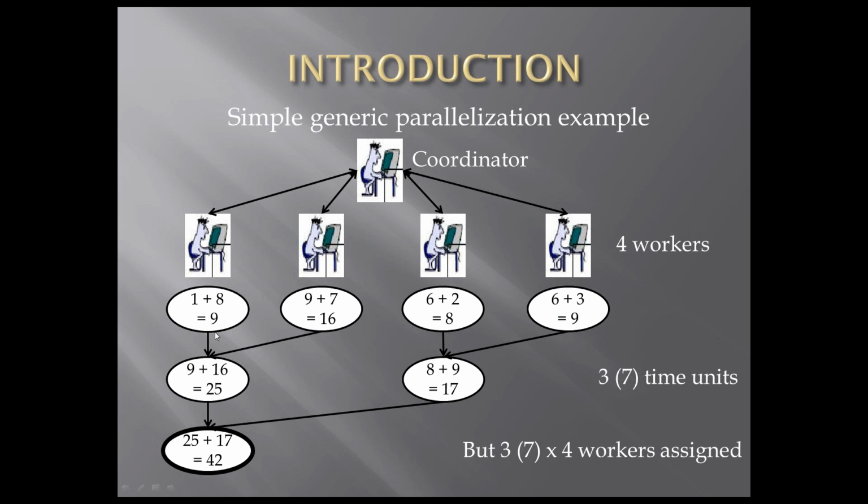The first time unit is this step here, the second time unit this one, and in the third time unit we arrive at the final result. Even if we do not consider the overhead of the startup and the communication, we end up with 3 time units. Now if you think about it, we employ 4 workers and we have 7 time units for the serial execution, which makes it obvious that